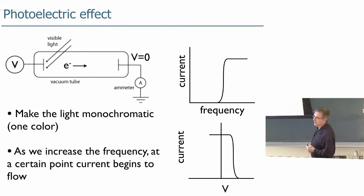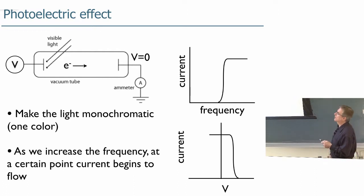However, in the 19th century, late 19th century, they started doing this experiment and they noticed a few peculiar things about it that it was really, really hard to explain. Firstly, the light that they shone on it, they tried to make monochromatic using a diffraction grating, which had been sort of recently invented. And so by turning the diffraction grating, you get light of different frequencies hitting this chunk